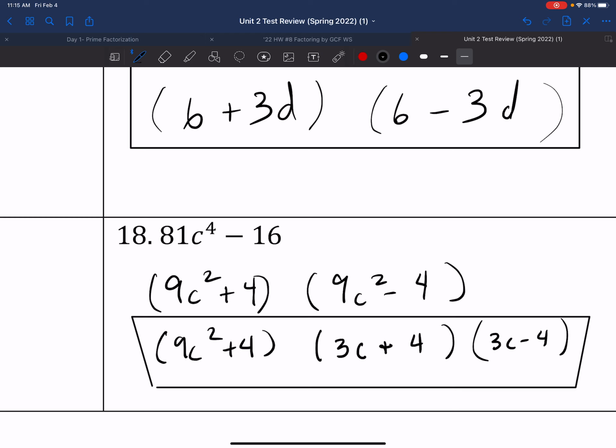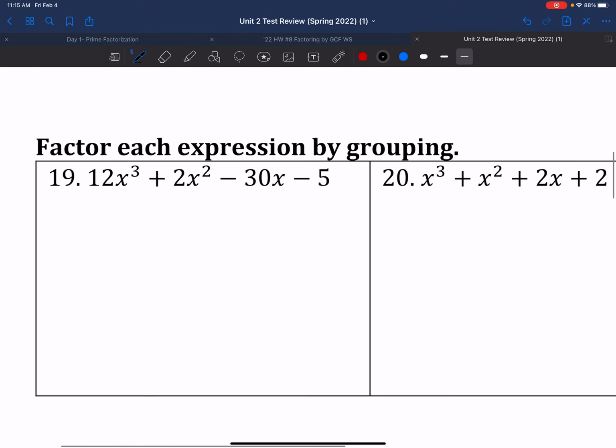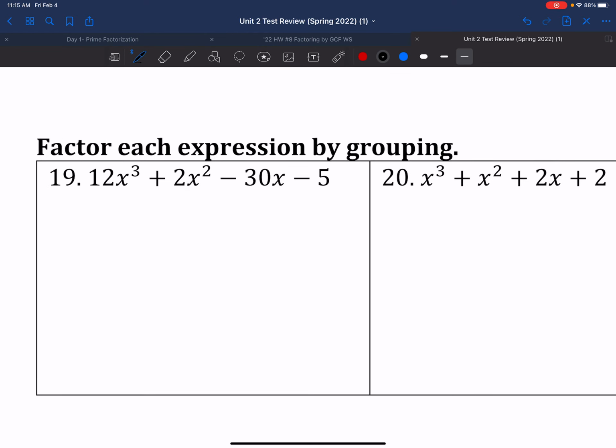Okay? Alrighty. Number 19, it says factor each expression by grouping. Okay, we've done grouping before. So I'm going to put those parentheses, and when you see that negative, make sure that negative is inside the parentheses. If there's a plus here, it doesn't do anything, but that negative is going to be very, very important